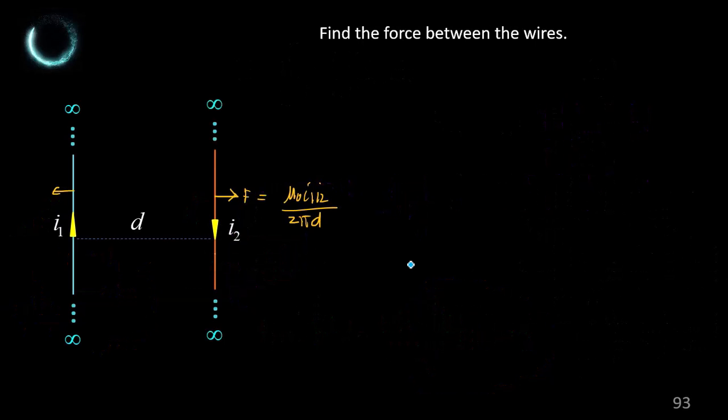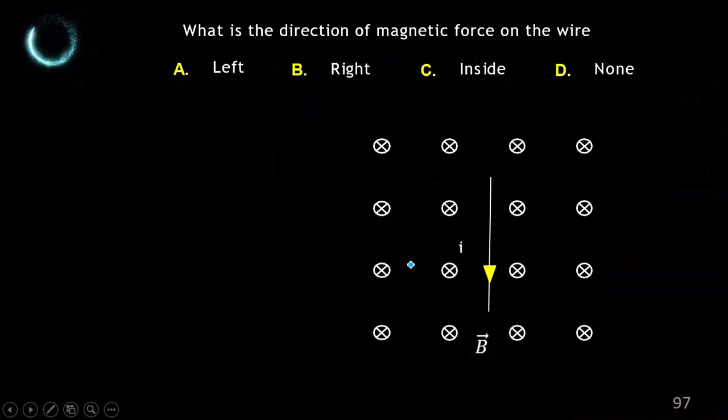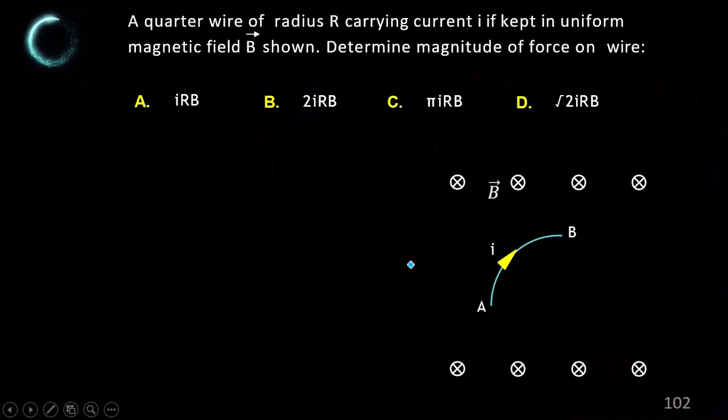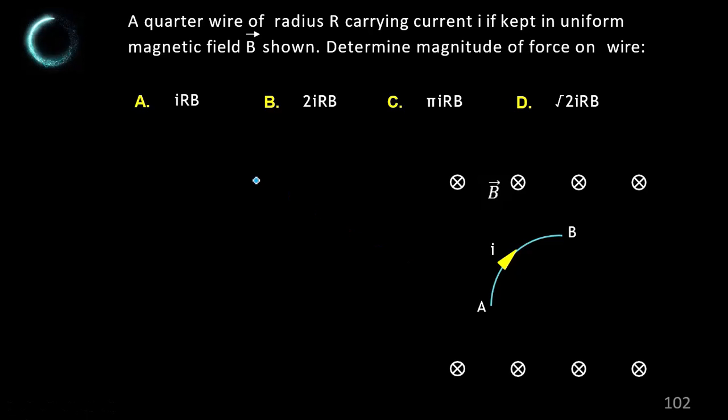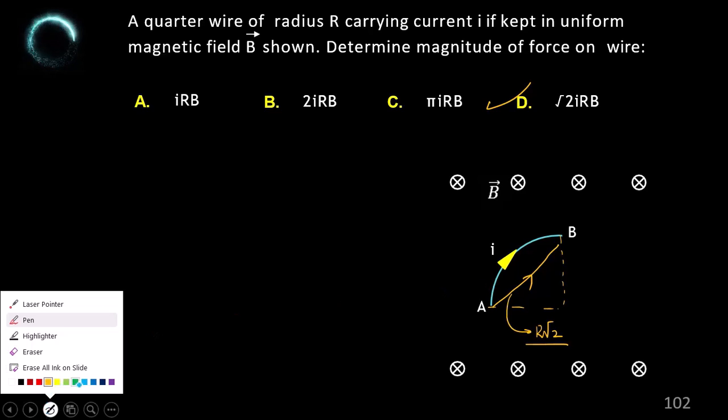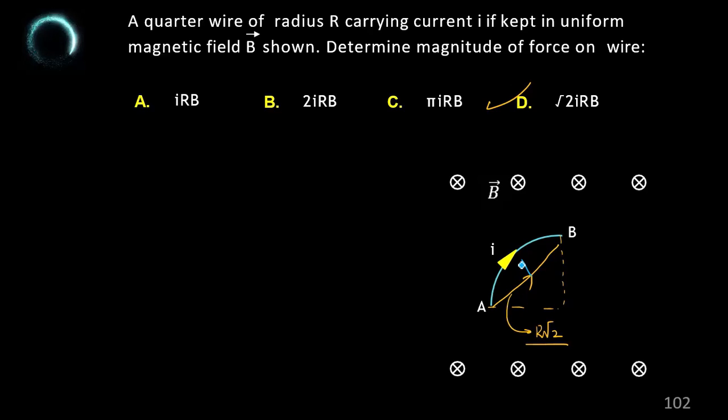হয়েছে? বোঝা গেল তো? হ্যাঁ, ঠিক আছে। এটা বল কত? ডি রুট টু পাই আই আর, রুট টু আর, বিকজ এইখানে হচ্ছে কি, দেখ এই ডিস্টেন্সটা আমাকে ধরতে হবে, এইটা এই এটা হচ্ছে আর রুট টু। So magnetic force will be in this direction, perpendicular to this. এই দিকে ম্যাগনেটিক ফোর্সটা আসবে, এটাই, তাহলে রুট টু আই আর।